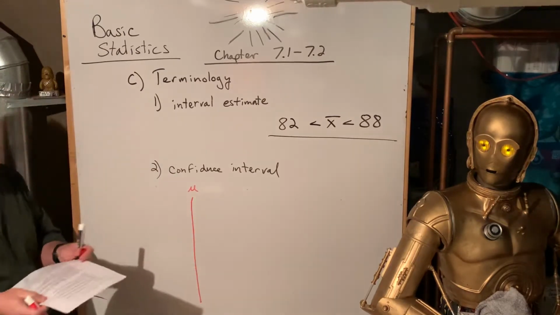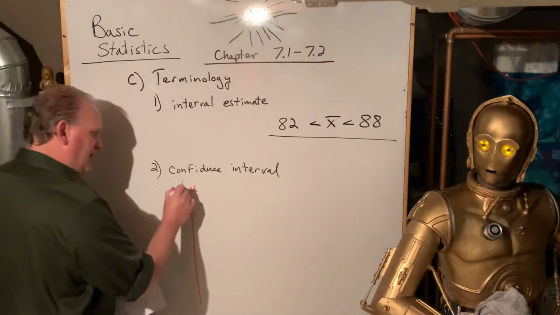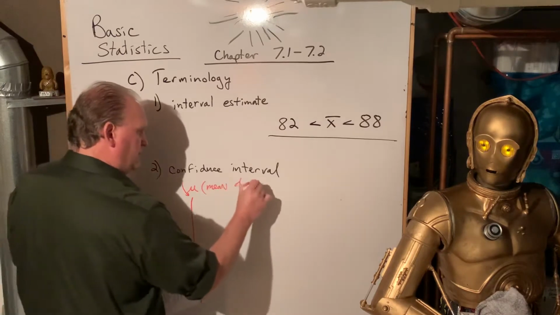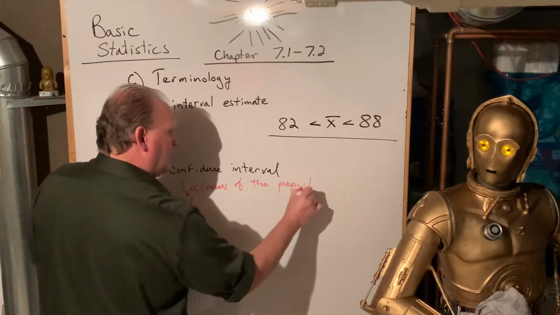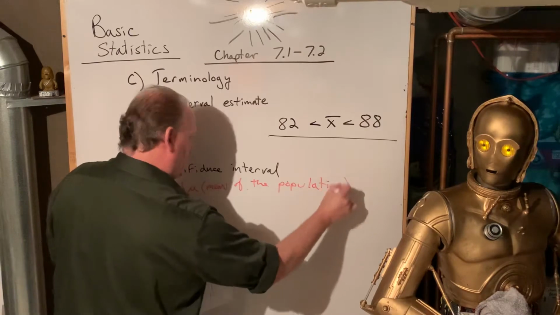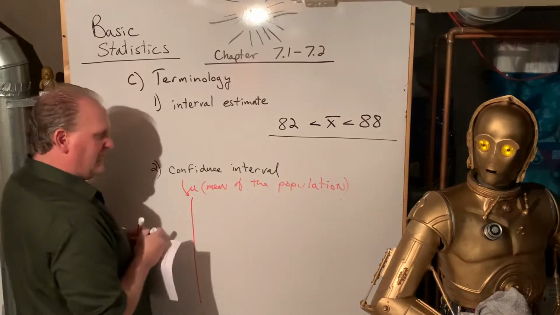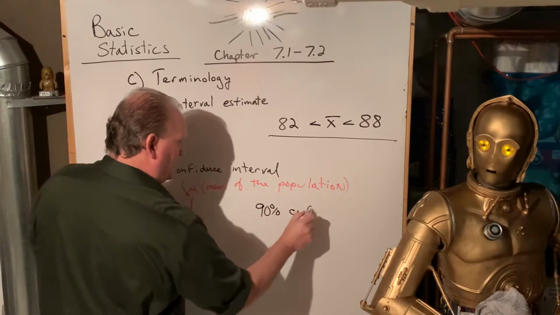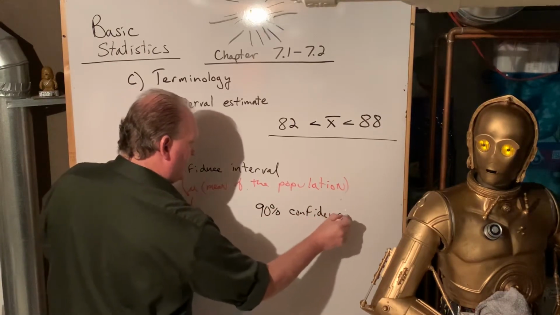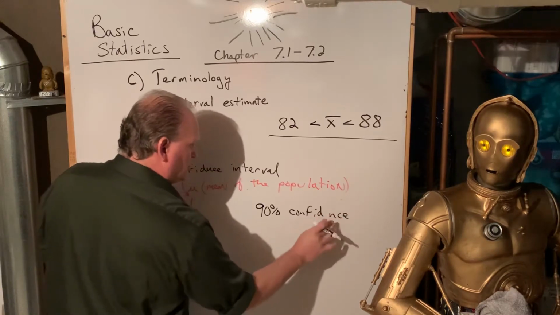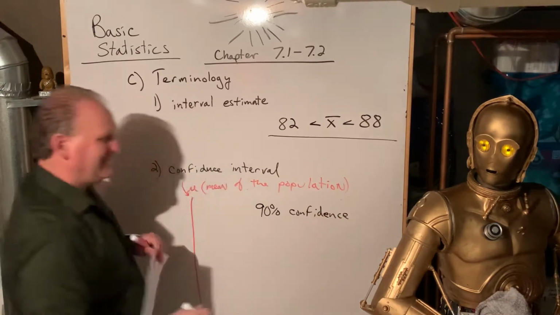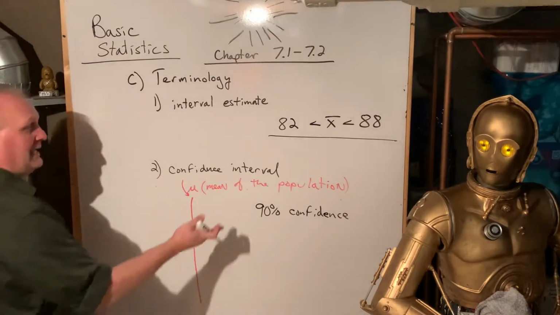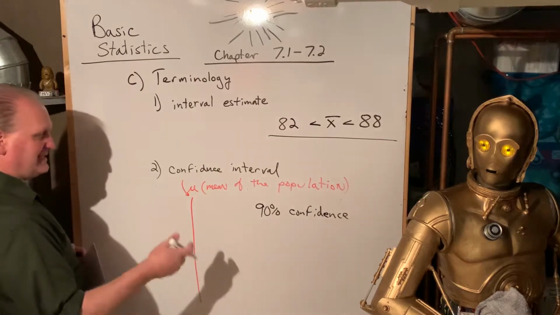It's the actual mean of the population. So let's say I have 90% confidence. A bunch of people kind of mess that up and go, oh, that means you're 90% sure. Not really. What a 90% confidence interval means is if I repeated the process, let's say 10 times,